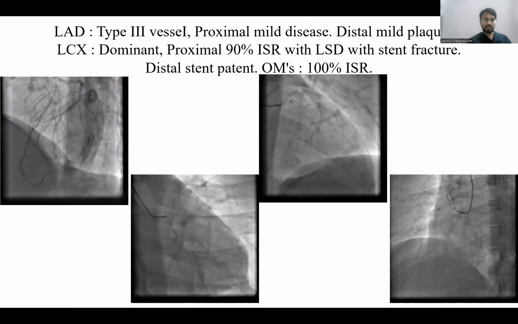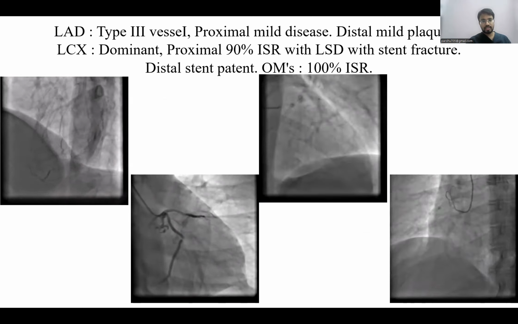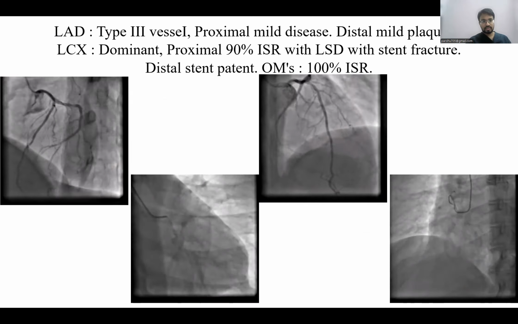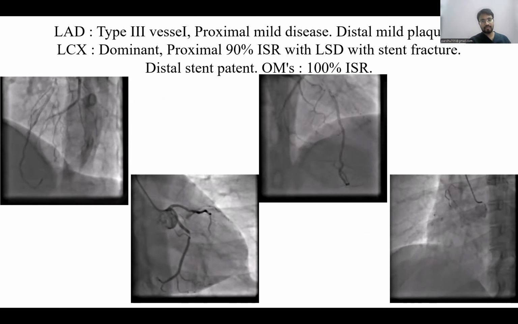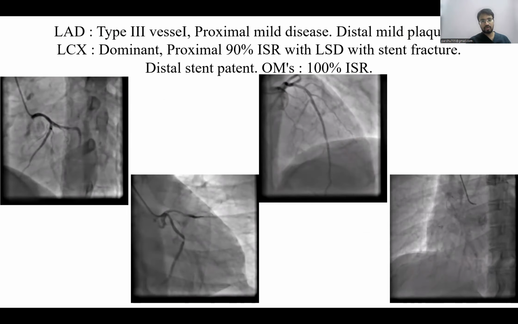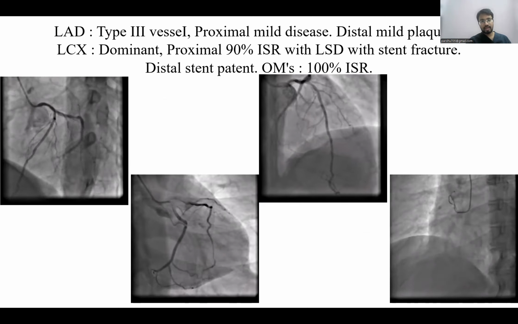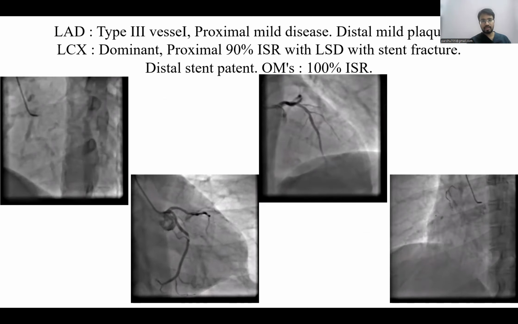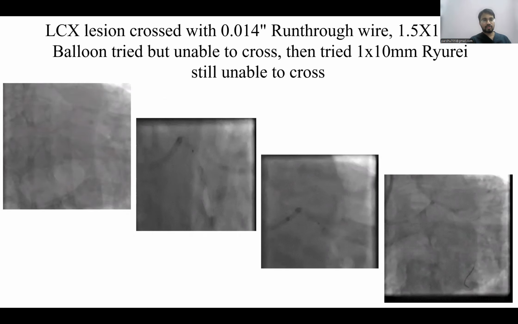This is the angiogram. This is the left dominant system. The left main is normal, short. Distal LAD is diseased. There is a tight stenosis of 90% in the mid part of the LCX. And there is total blockage of the OM stent that is being filled from the LAD and OMs. RCA is non-dominant. So we thought that this is a simple straightforward case and we wired the LCX and